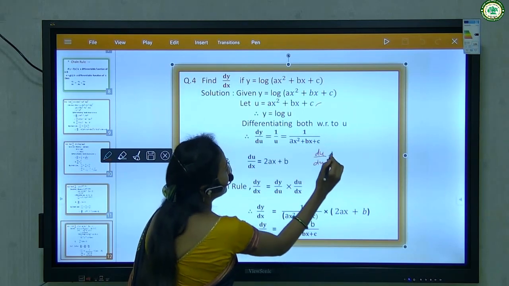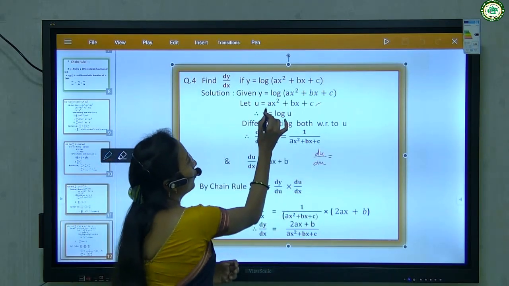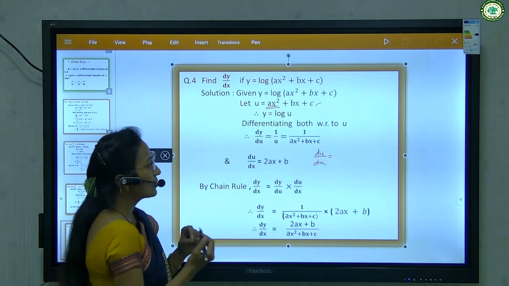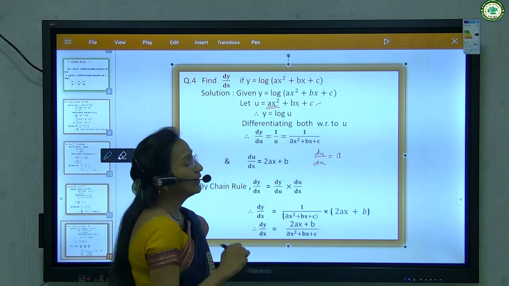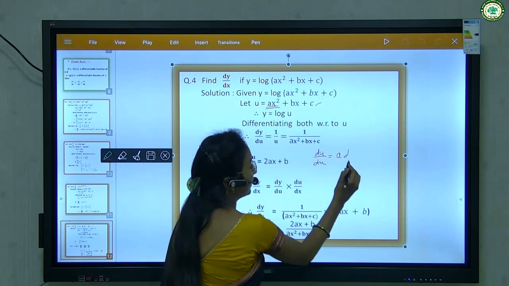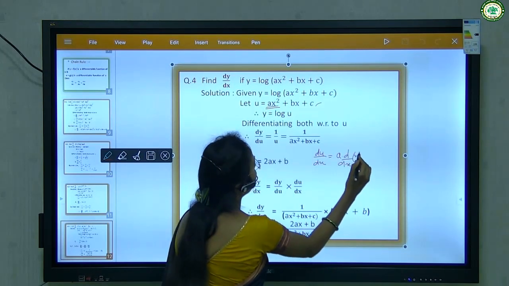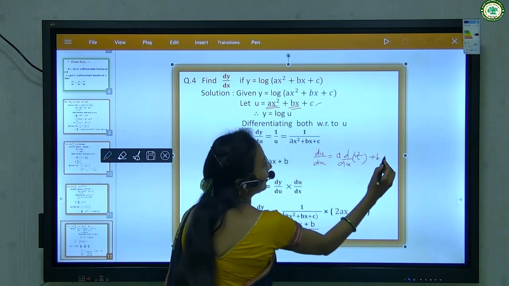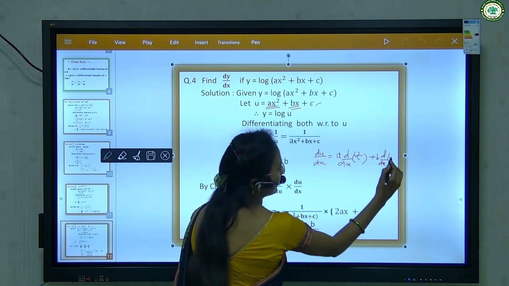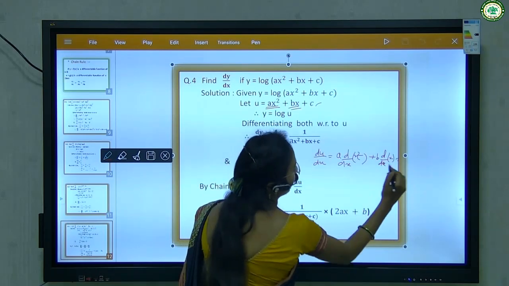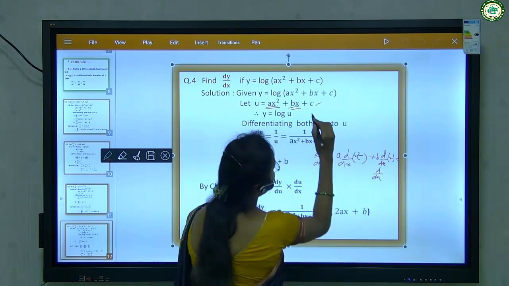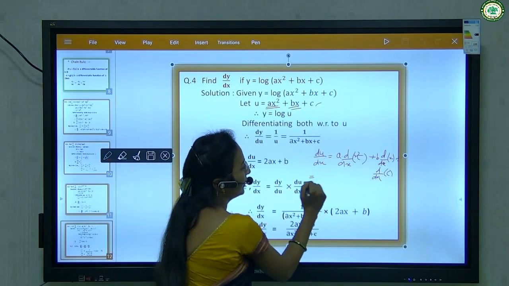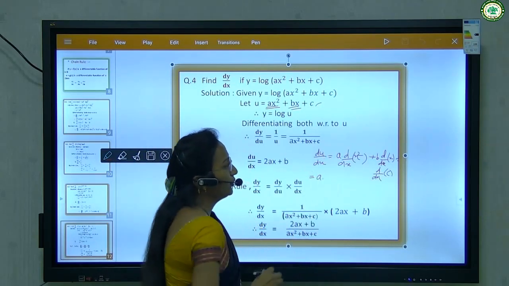dx is equal to. Now here, how to find the derivative of ax square? Again, we use the rules of differentiation. Here, a is constant, therefore a as it is into the derivative of x square, d by dx of x square, plus, here b is constant, therefore b as it is into d by dx of x, plus d by dx of c. C is a constant function. Therefore, by calculation, du by dx is equal to a as it is into